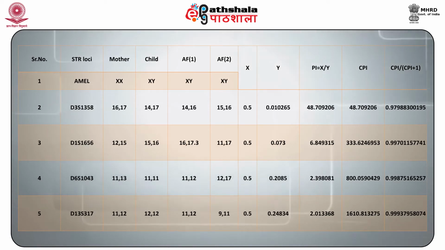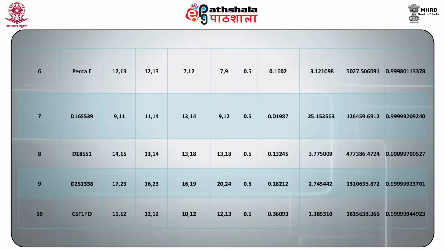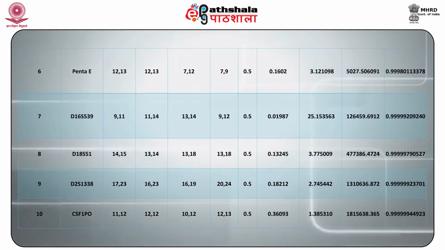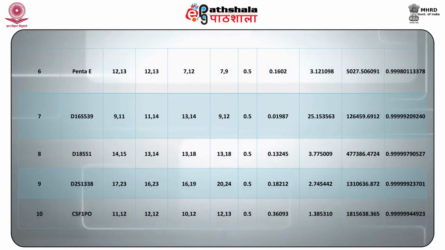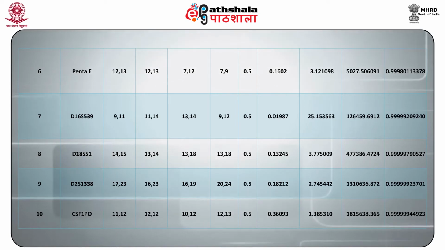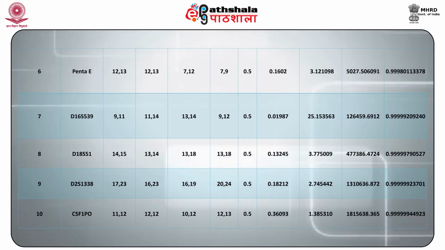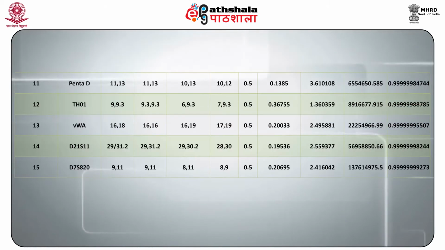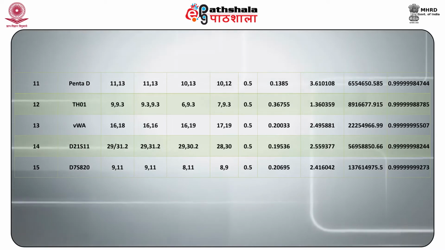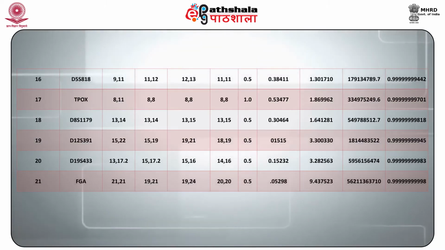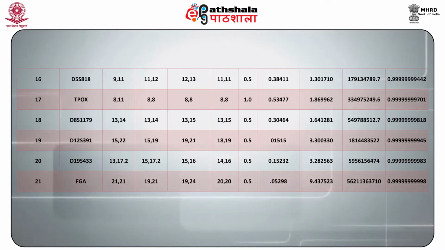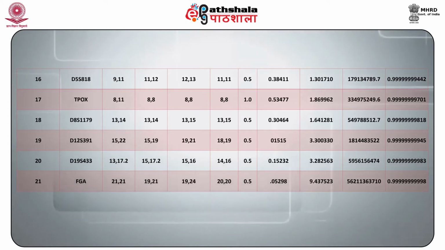Here we find that this table shows STR loci for mother, child and 2 alleged fathers, in which alleged father AF2 shows a compatible paternal allele only in 6 loci at serial number 8, 10, 12, 17, 18 and 19 out of 20 STR loci. Therefore, he is excluded as biological father of the child.